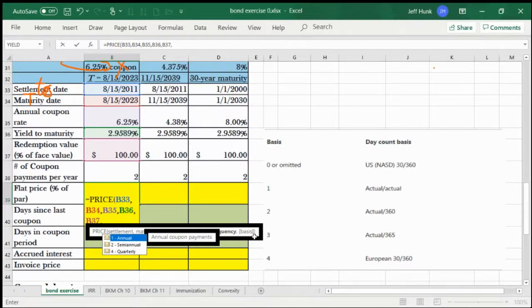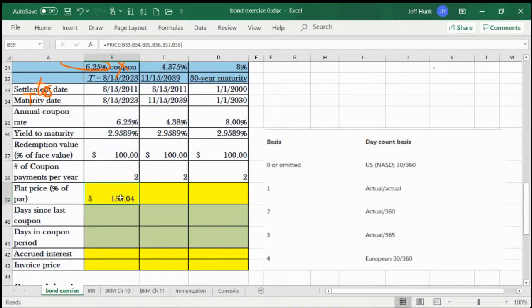The basis means a frequency. Frequency is semi-annual. So you can either double click on semi-annual, or since we already have the number of coupon payments here, I want to use that. And you got 133.04,